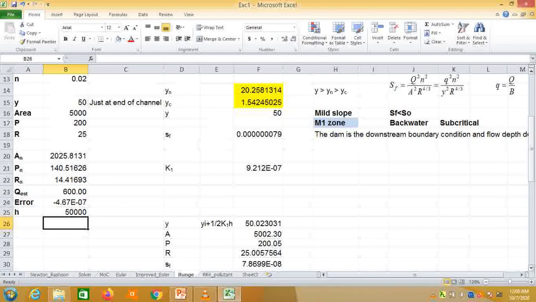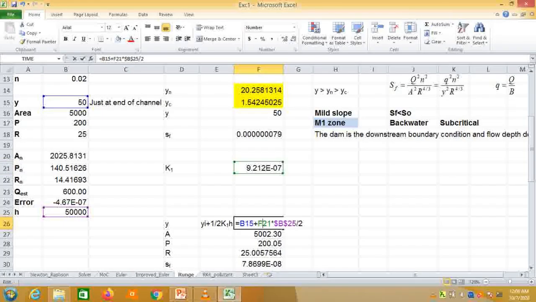So in that case, first let's calculate y. Y is yi plus half times K1, which we have calculated here, times h. So this is essentially 50 plus K1 times h over 2. So that's y. Using this value of y, we can calculate the area, which is